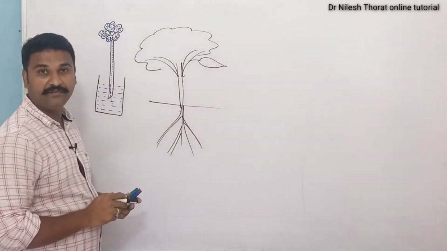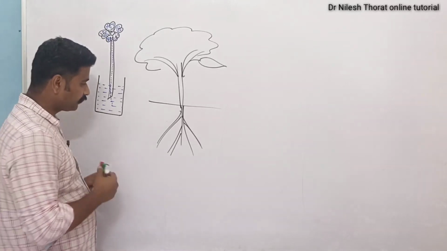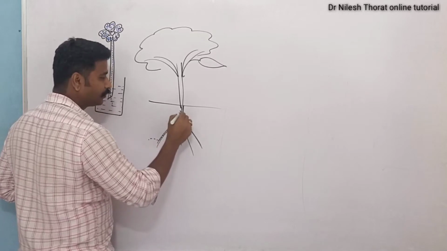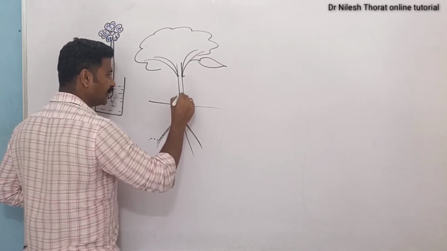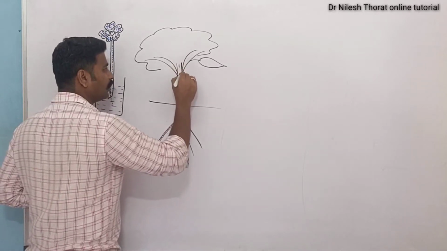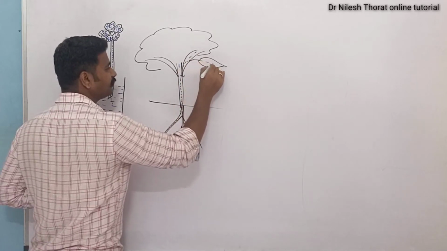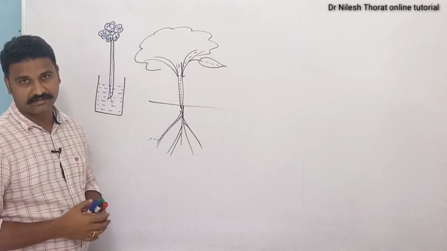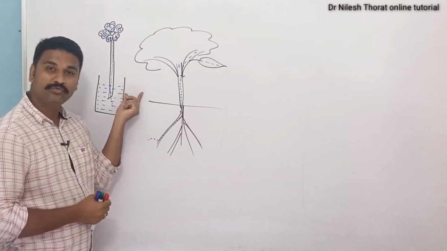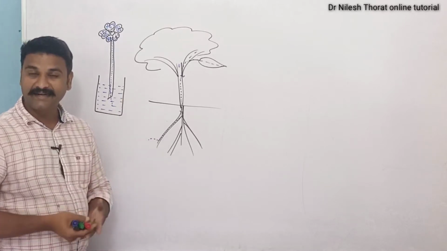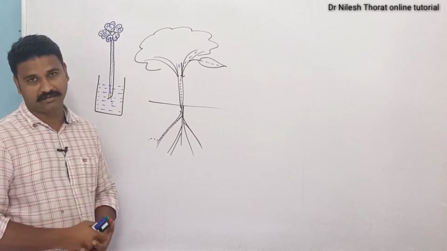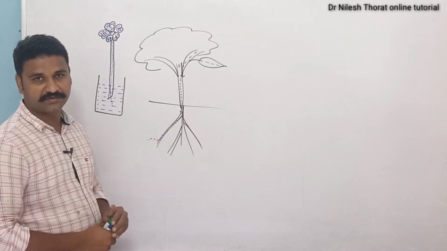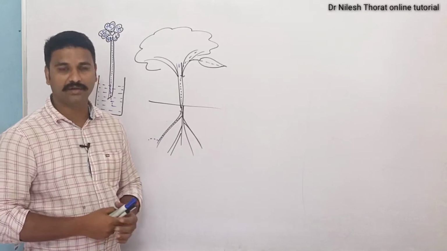So the plant has to transport water from the soil into the root, and from the root it goes up to the shoot system, and in the shoot system it moves upward in the branches, and from the branches it moves to the leaf. So this is a very long distance over which the plant has to transport water, and that too without any circulating system. Mainly for transporting these substances, the plant has the vascular bundle.